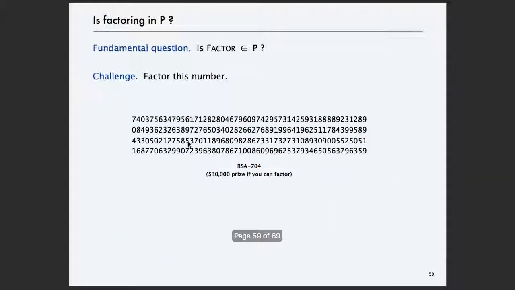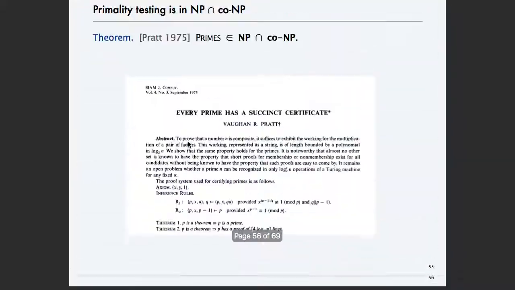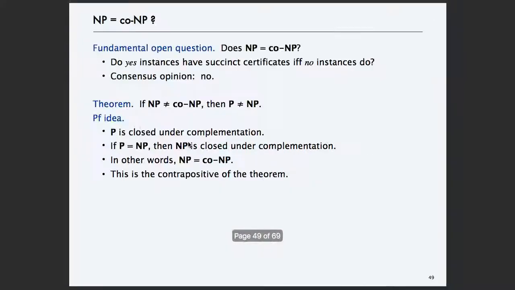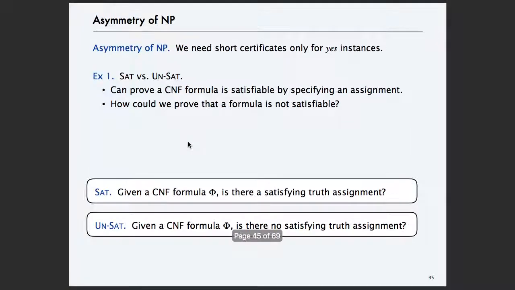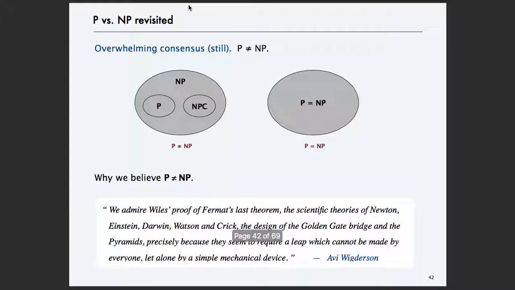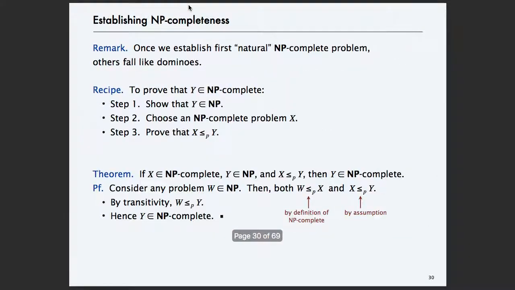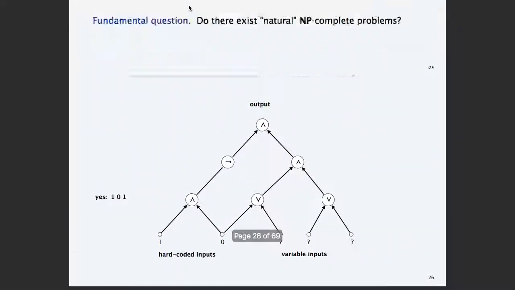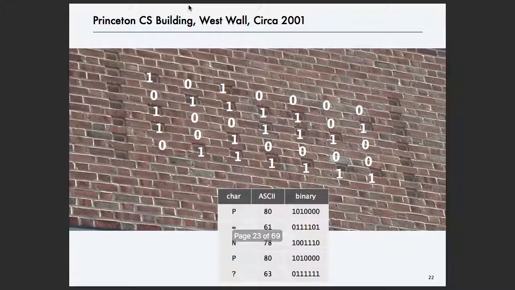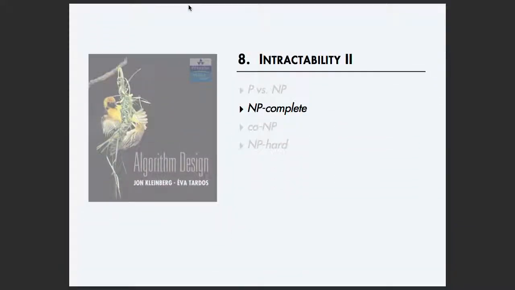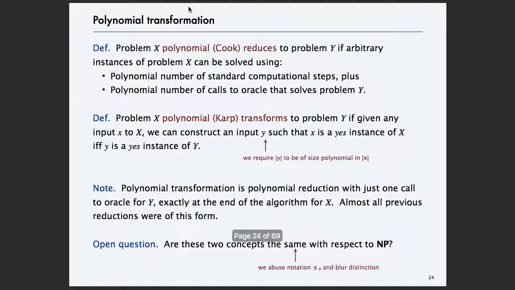So let's talk about intractability. We talked a little bit about P versus NP, right? And then we started talking about NP completeness, right? We have this idea that